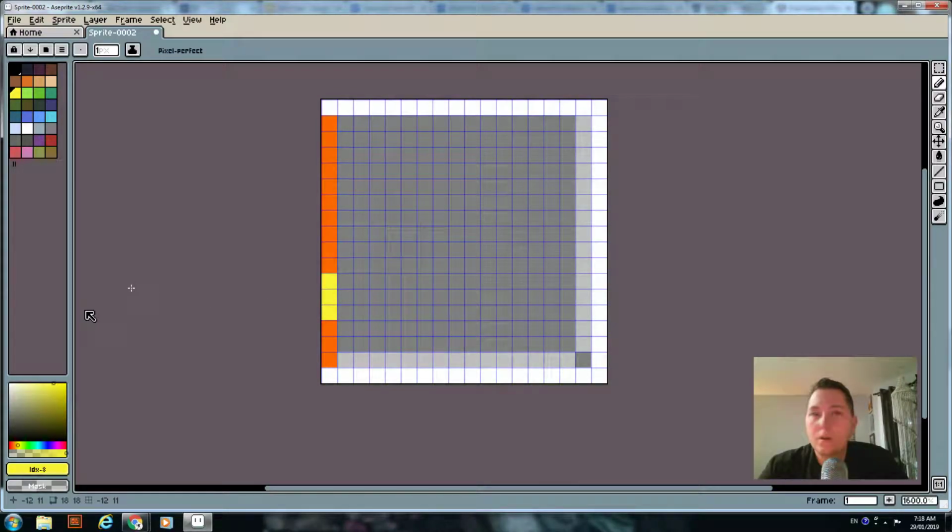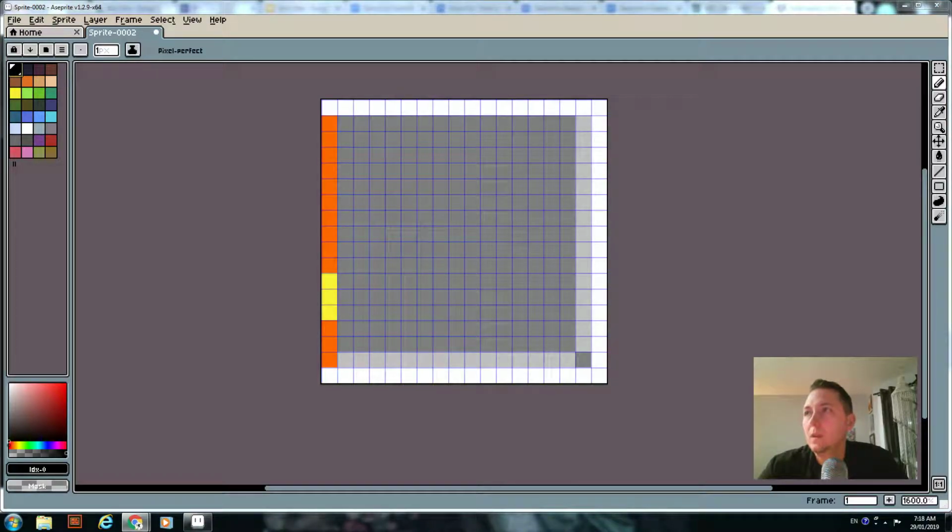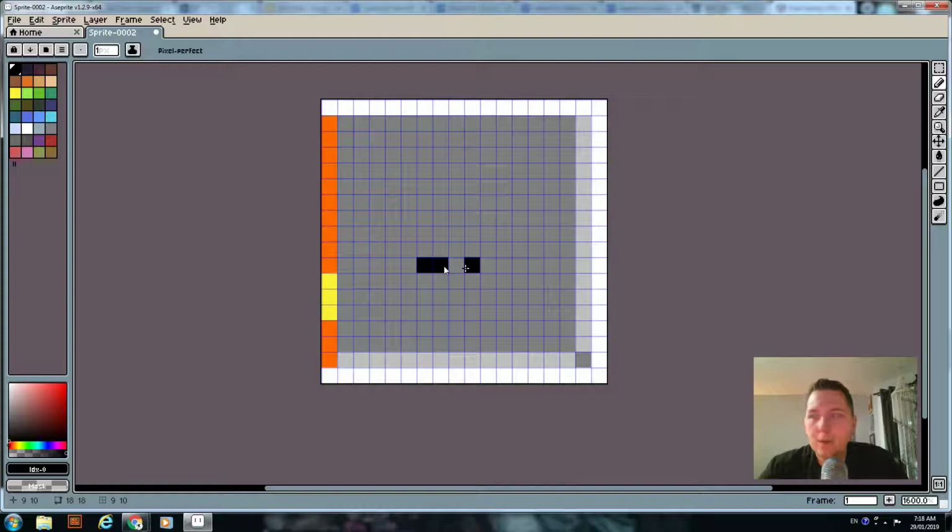Okay, so let's take a look at our first steps into drawing our dude. So I'm going to start by drawing his face, and what I'm going to do for that is try to center it, so I may have to move this around and draw 4 pixels, then 1 diagonally on each side, and then 1, 2, 1, 2, those are going to be his eyes. Then I'm going to draw 1, right click to get rid of that, 1, 2, 3, 4, 1, 2, 3, 4,